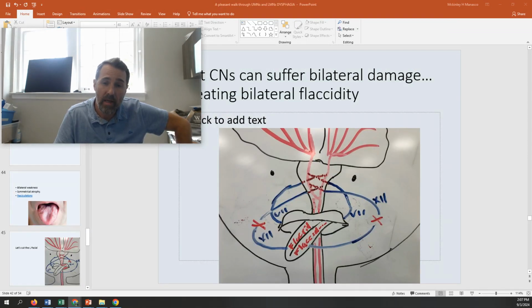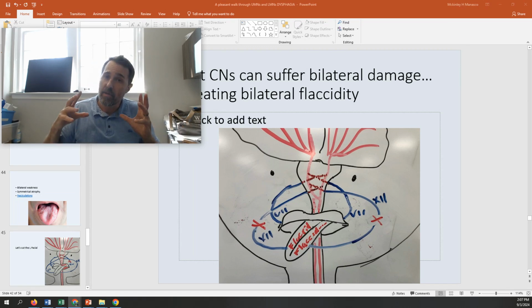All right, now what if you damaged both right and left hypoglossal? Then both sides of the tongue are flaccid and weak. At least when you damaged only one side of the hypoglossal, you still had half of the tongue working, so you have some lingual function. If you damage both sides of the hypoglossal, you're going to have much more reduced function of the tongue, meaning that all those things we just talked about that were affected by unilateral damage to the hypoglossal